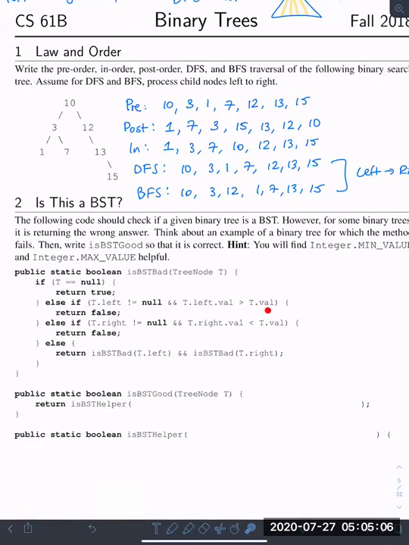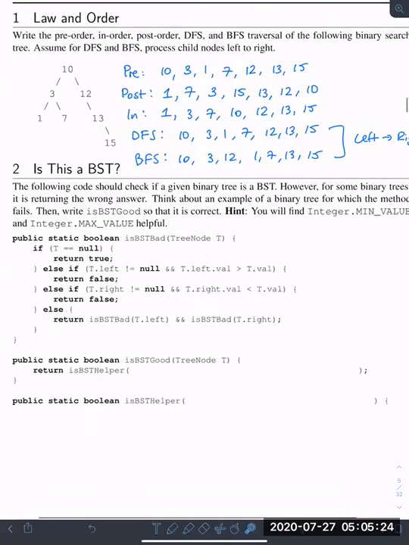So in that case, you would not return false. And again, here you're just directly checking whether the right child only, not the right subtree, is greater than the parent value. And so really it's bad because you should be checking